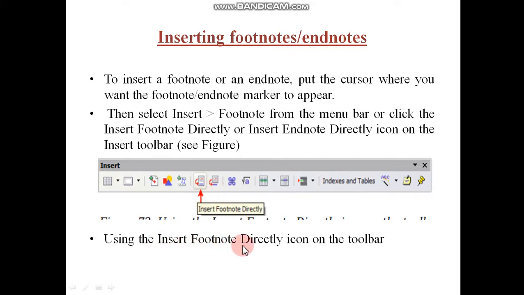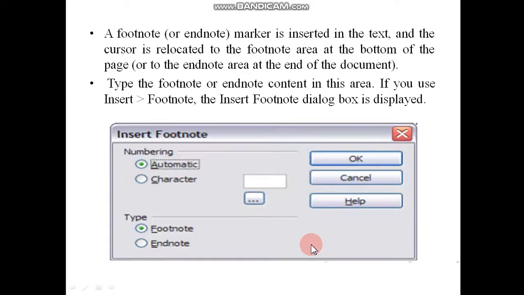Using the icon on the toolbar, a footnote or endnote marker is inserted in the text and the cursor is relocated to the footnote area at the bottom of the page or to the endnote area at the end of the document. Endnote is at the end of the document, and footnote at the end of our page. Type the footnote or endnote content in this area.